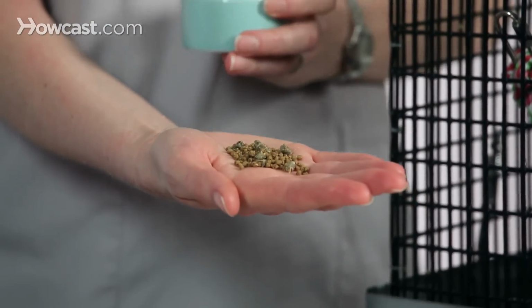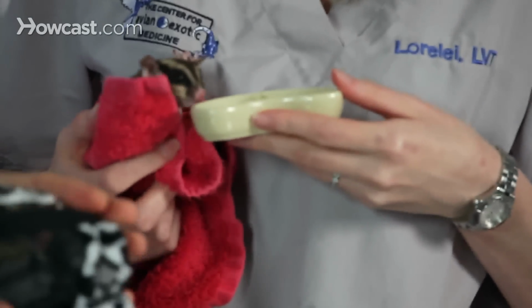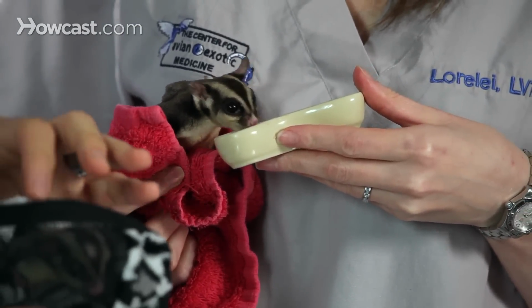diet as well. Also, sugar gliders have a requirement for nectar, nectarivorous type of foods, whereas some people will make their own homemade type of nectar diets in addition to all of this. So it does require the daily expense of buying fresh fruit, vegetables, and preparing an appropriate bounty for them to